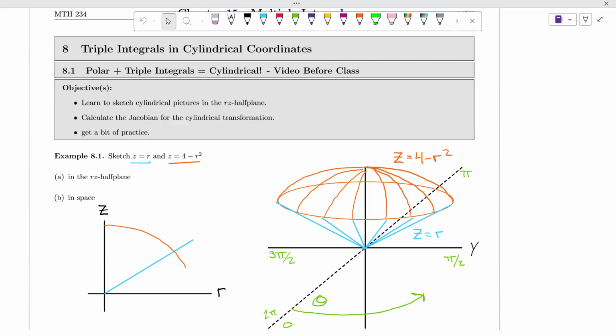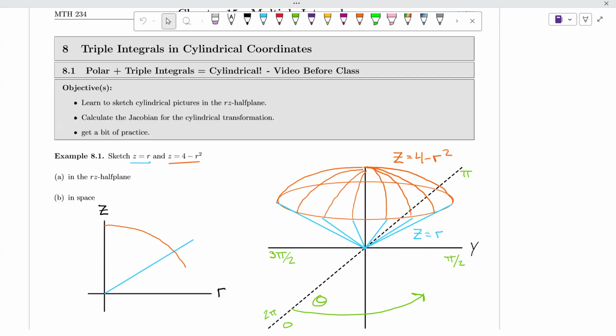We'll start with just a brief view of what those cylindrical coordinates look like. They are basically polar coordinates, but with the addition of a z-axis, where z works just exactly the same as it does in rectangular coordinates. It goes straight up and down, which means most of the time, if we're looking to make a two-dimensional sketch, or if we're going to try to figure out what this thing looks like in 2D before going up to 3D, the plane we're going to want to draw is the ZR plane,